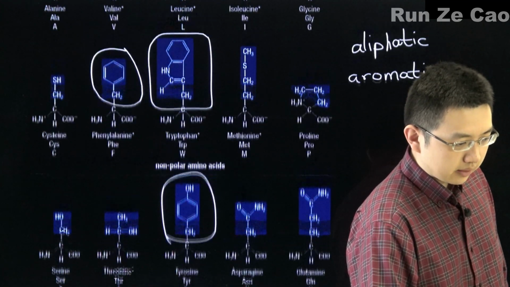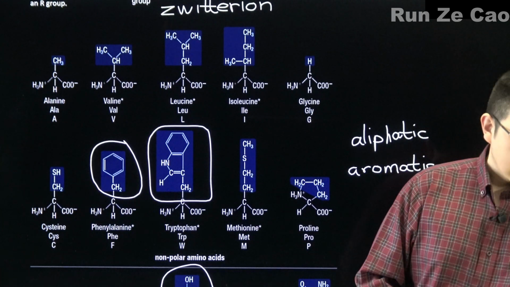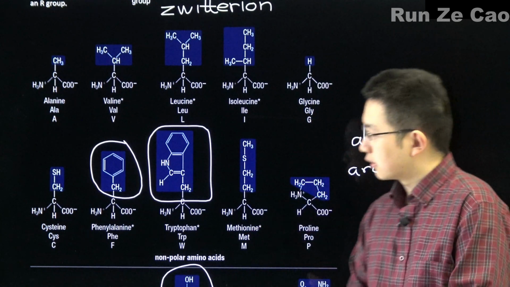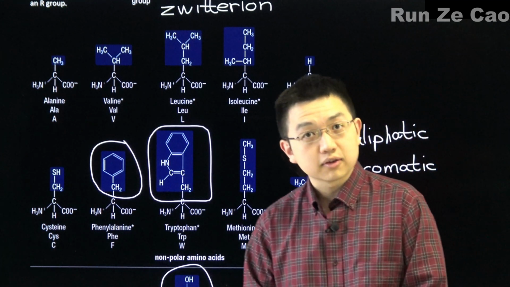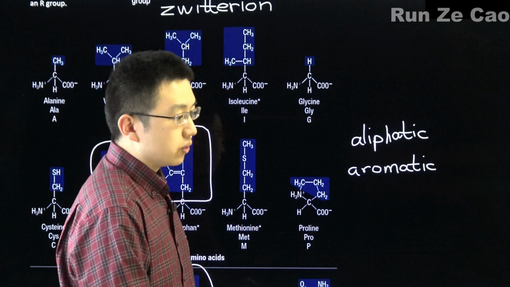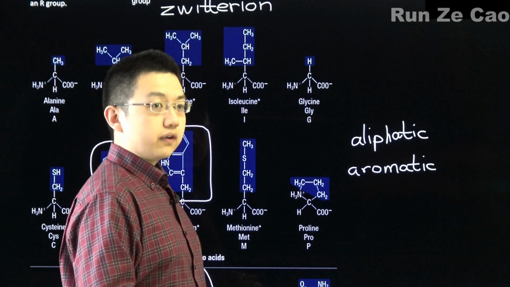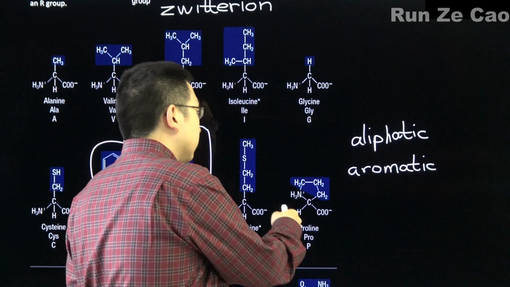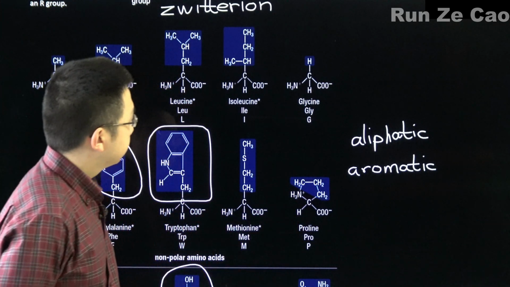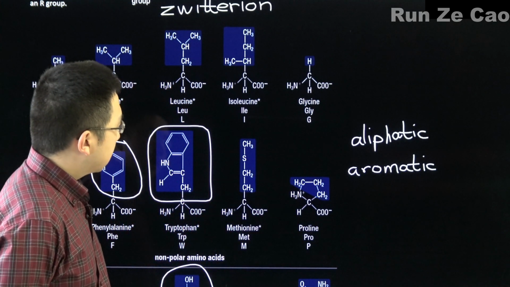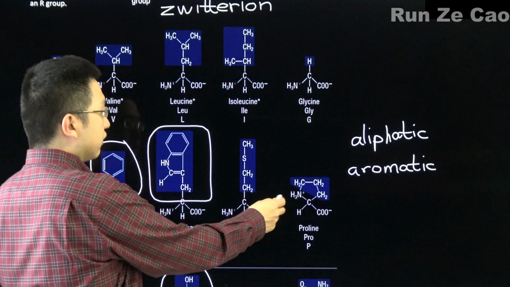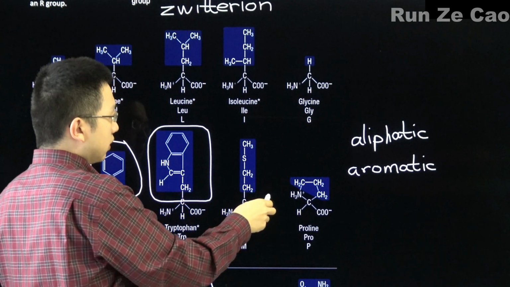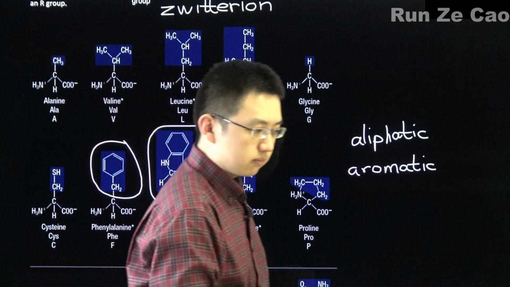Now you probably noticed that one of these amino acids is not like the others. No, I'm not talking about glycine, even though glycine also does some interesting things to the structure of, say, an alpha helix or a beta sheet. What about this, proline? Proline has very different characteristics from these other ones due to the way it bonds to things.